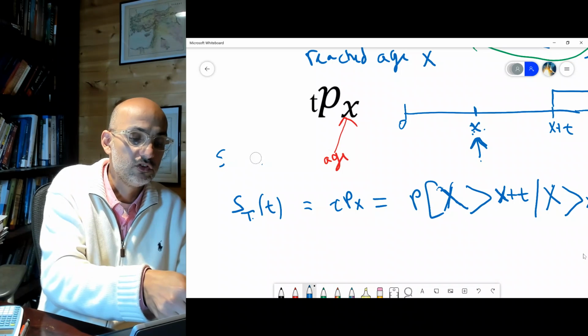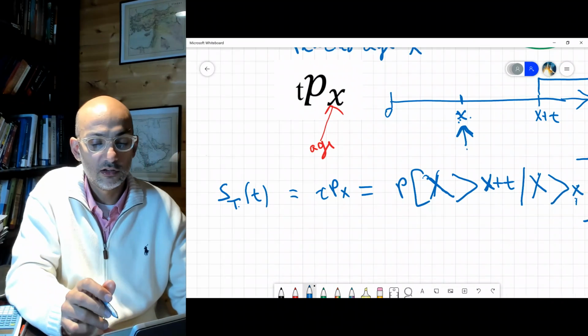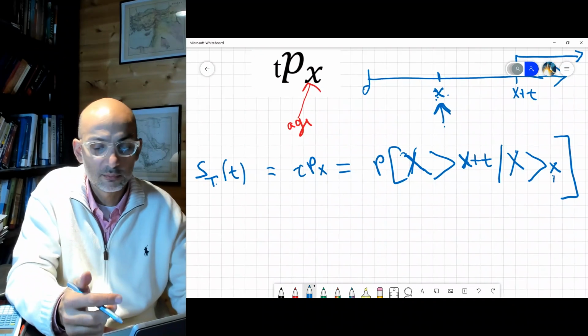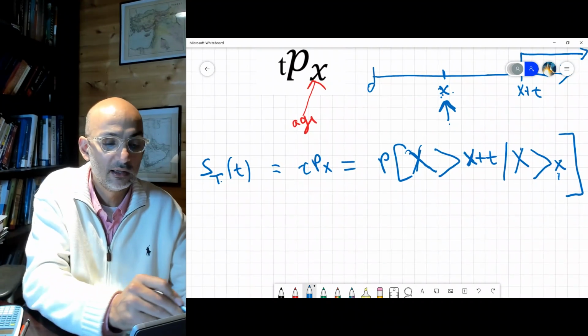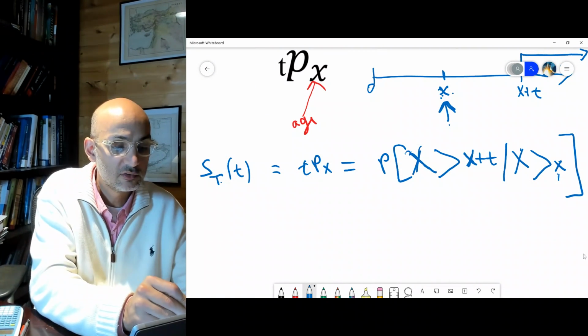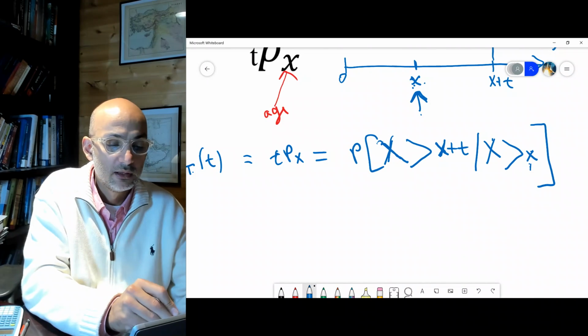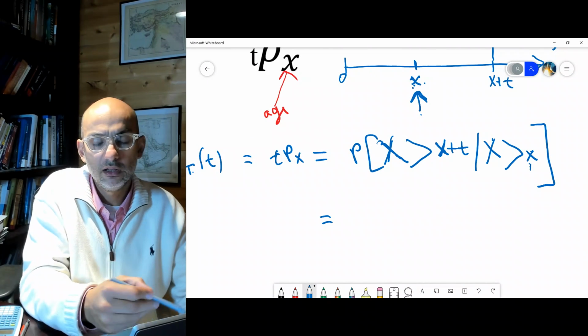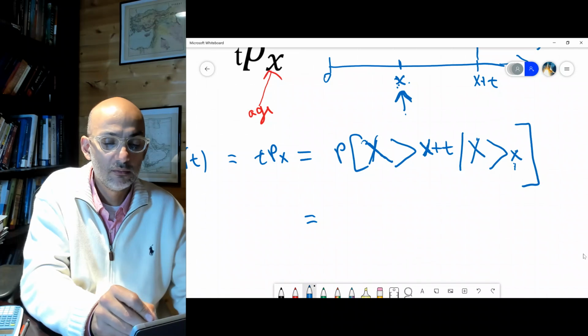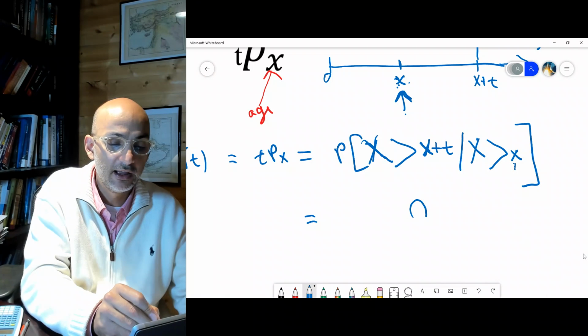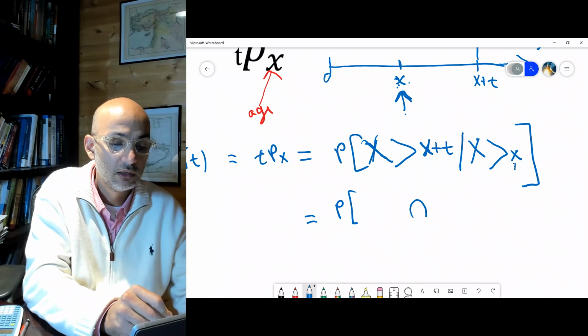Now we need to get used to the new notation. We're adding lots of notation, same logic, but we need to use the actuarial notation. This tpx is this one. Now let's try to manipulate it a little bit. You remember, given, we can change it into and, so it becomes